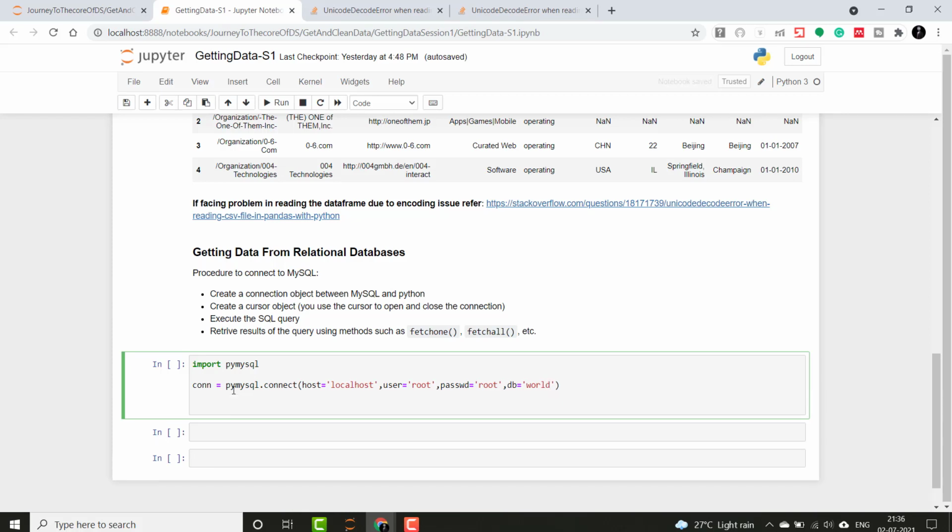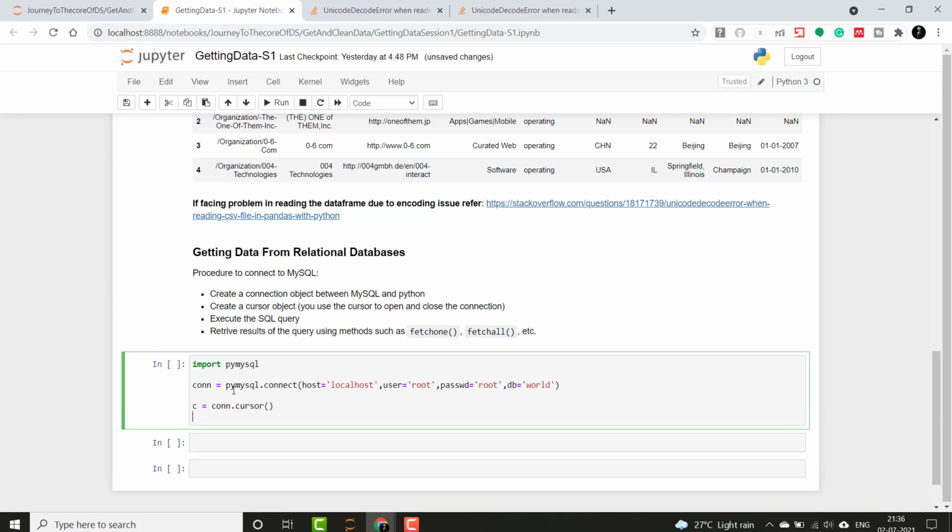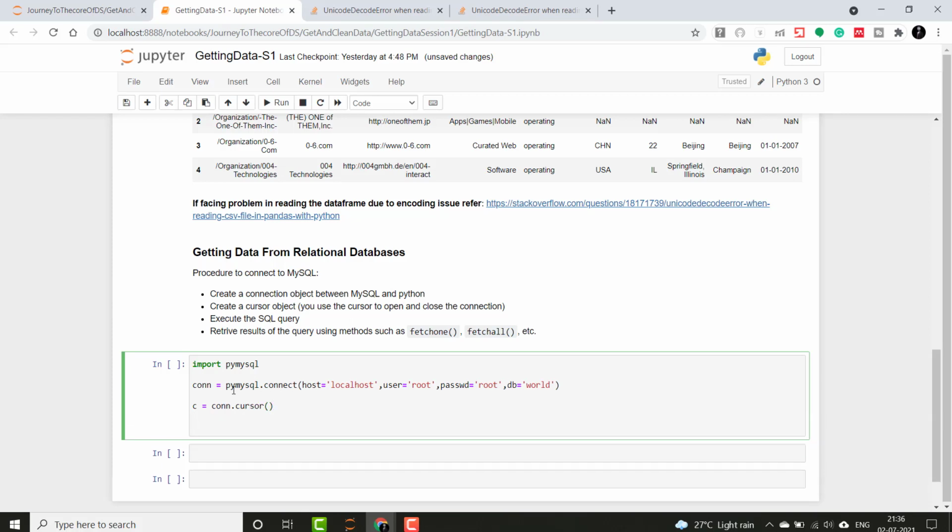Okay, now we will create a cursor object as per step number 2. So we'll say c equals to con dot cursor. Okay, and then we'll try and execute one SQL query. So let's execute.